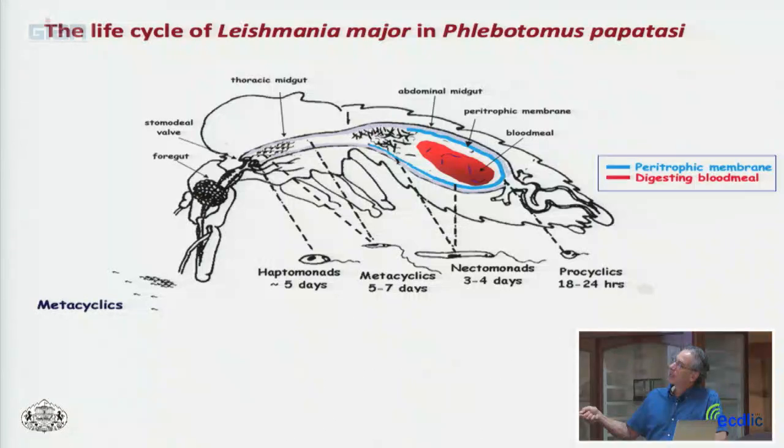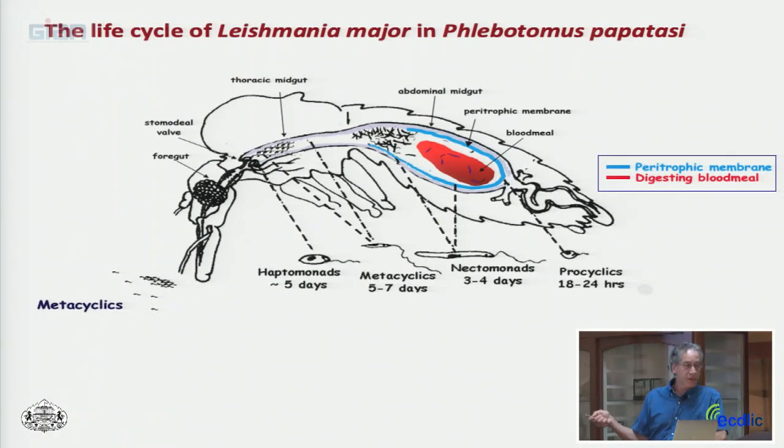The blood is required for egg development in the female sandflies. Once the fly takes in a blood meal, whether it's infected with Leishmania or not, that blood meal is encased by a peritrophic membrane, which is a chitinous membrane, which separates the digesting blood meal from the